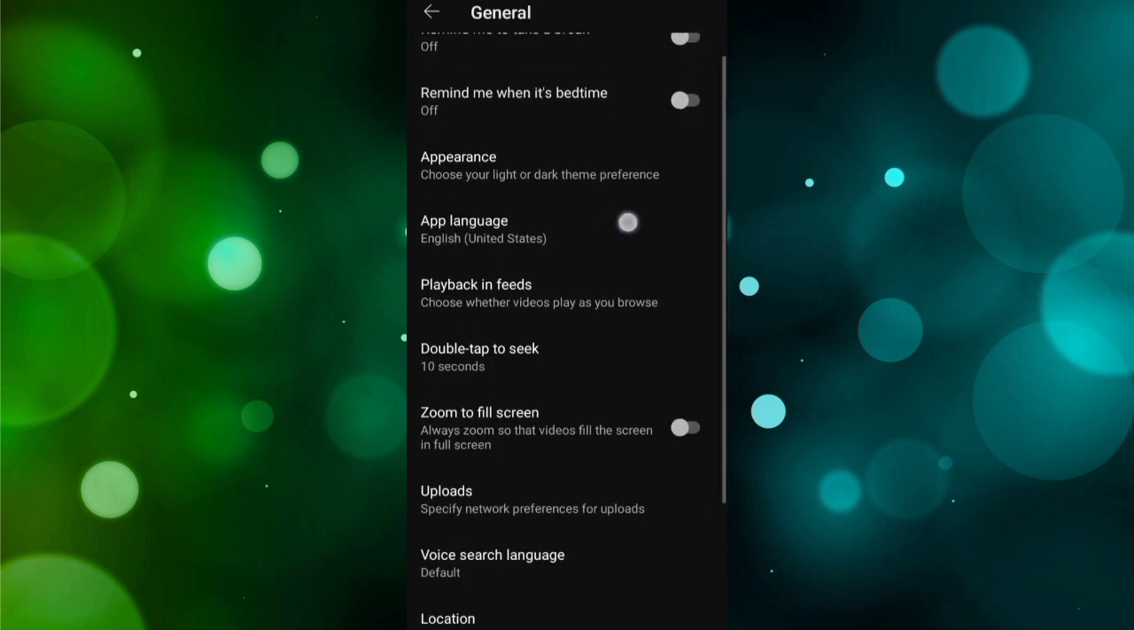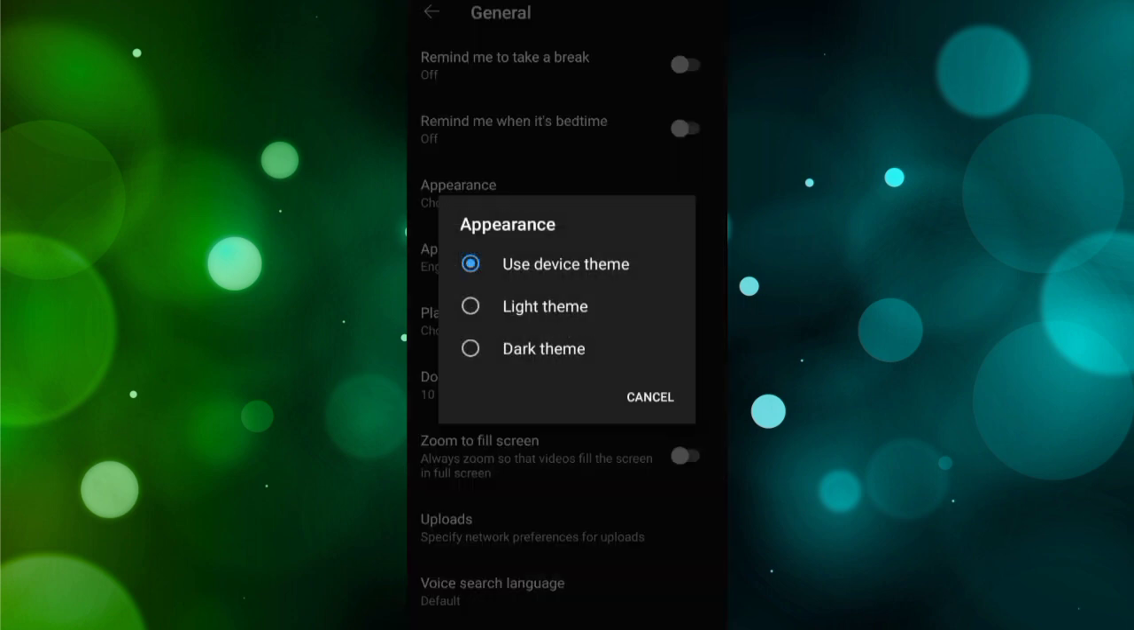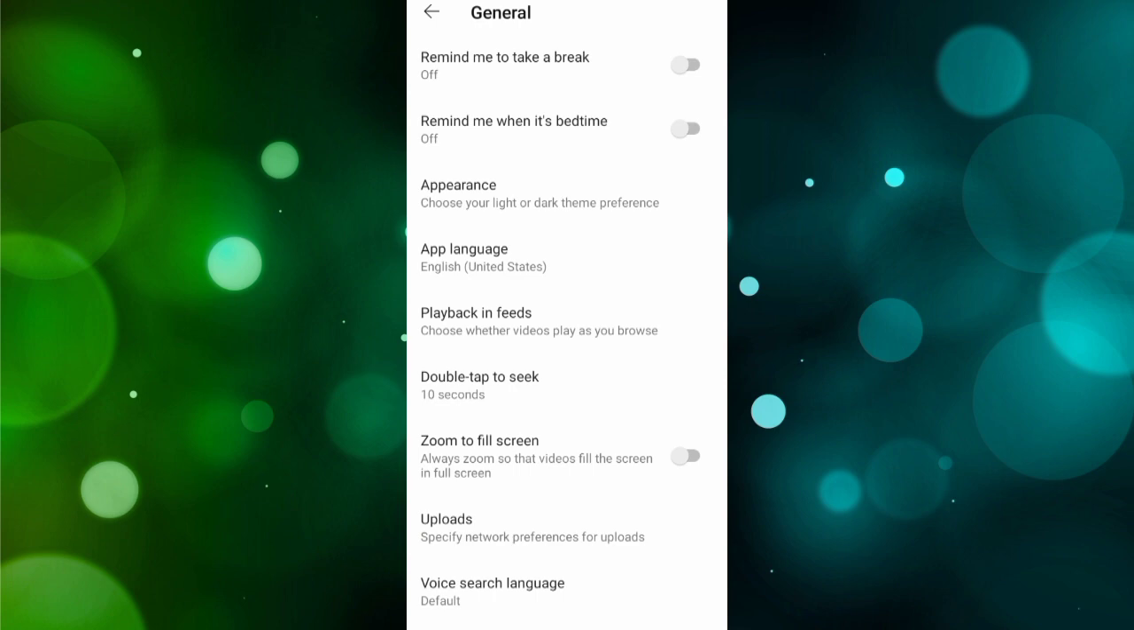So after that you can see Appearance. So simply tap on Appearance. Then here you'll see two themes, light theme and dark theme. So you can tap dark or light, whichever you want. So you can see it's now dark theme at present. If I tap on the light theme, you can see it looks like